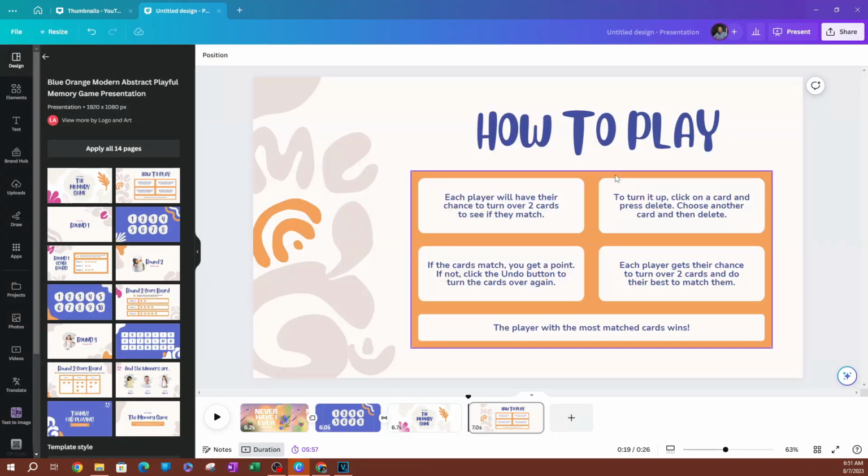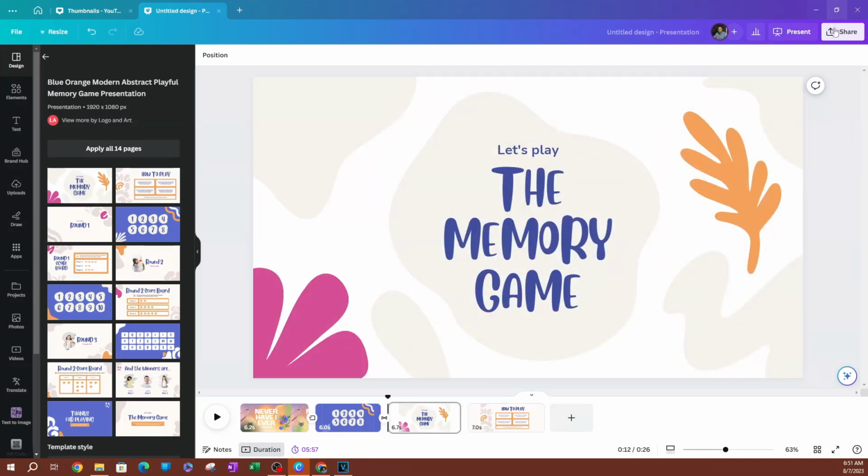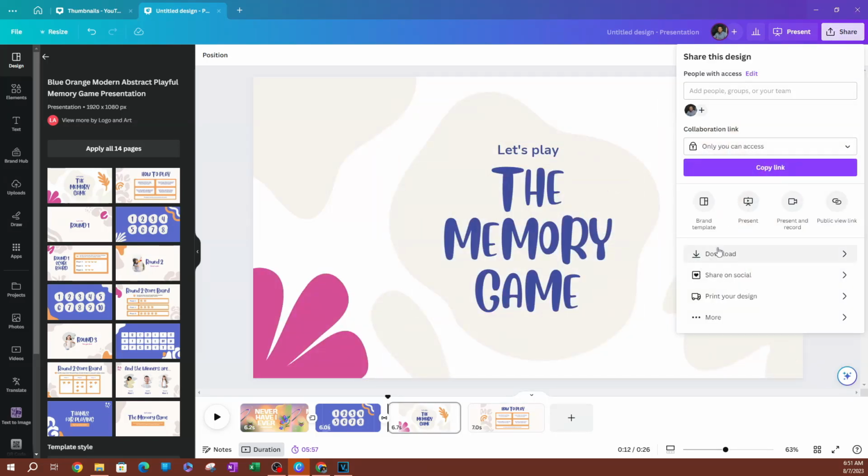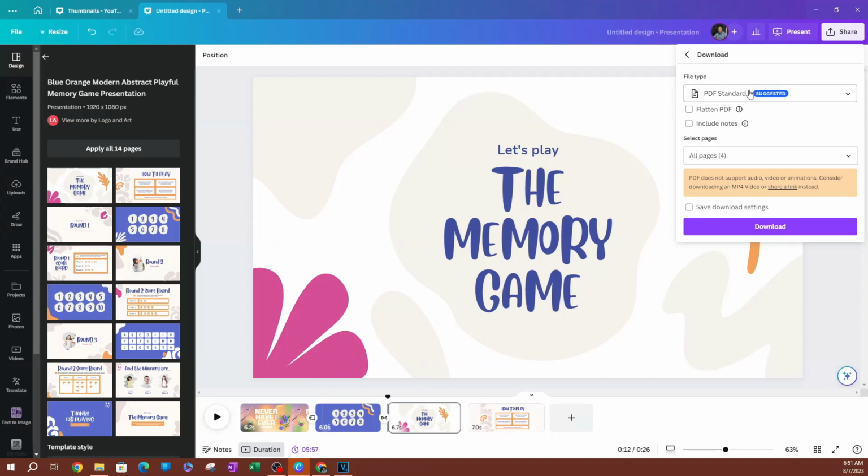There we go. Now that is how you are going to be able to create presentations. Now, if you wanted to export this out of here, go ahead and hit share, and you're going to go ahead and hit download. And as you can see here, you can download this as a PDF, which is the best option that's suggested. And you always want to make sure that if you want to include notes, go ahead and select that. If you want to flatten the PDF, you can do that. So this definitely